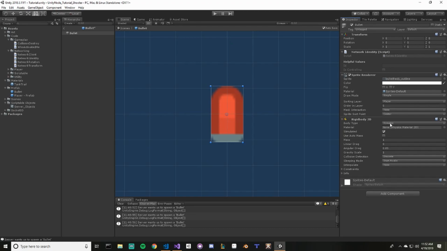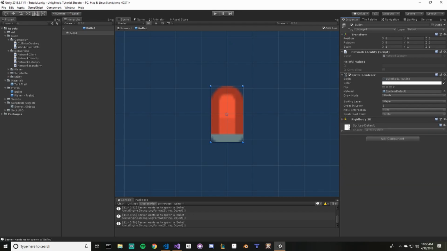We're going to keep it on dynamic. We're going to set the gravity scale to 0, right? We don't want the bullet to fall. And you're going to change collision detection to continuous, because if you have really tiny walls, you want to always be checking, especially for bullets when they go so fast. If you're doing a couple hits every couple of seconds, then you can go to discrete, but if not,